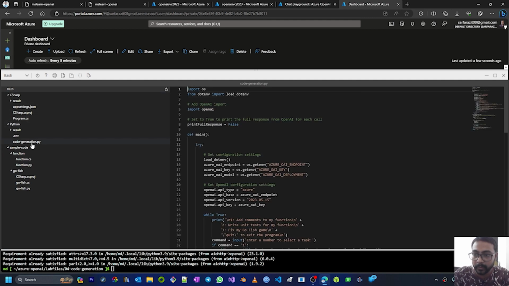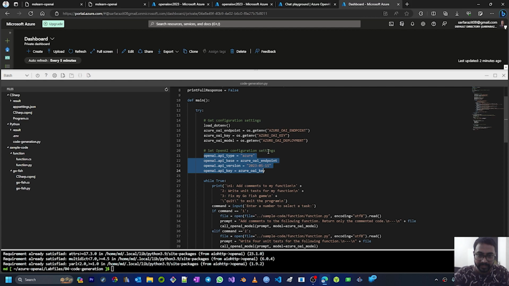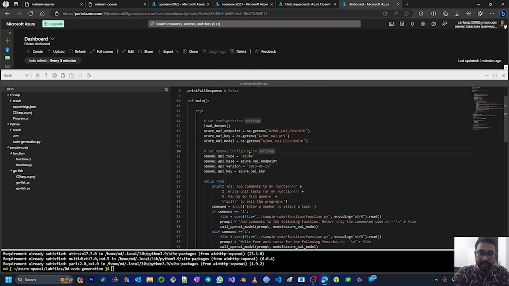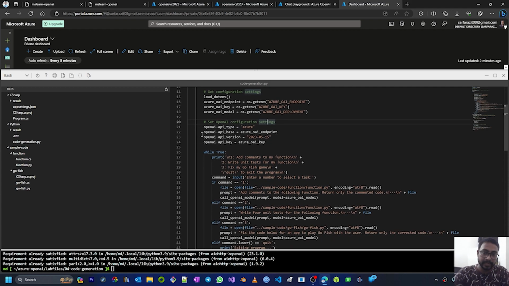Now I'll move back to the code generation file. So now these three values will be loaded using load environment settings. Next, in the OpenAI configuration settings, we are setting the API type, API base URL, API version, and the API access key. And then we are writing a while loop to present the option of what we want to do